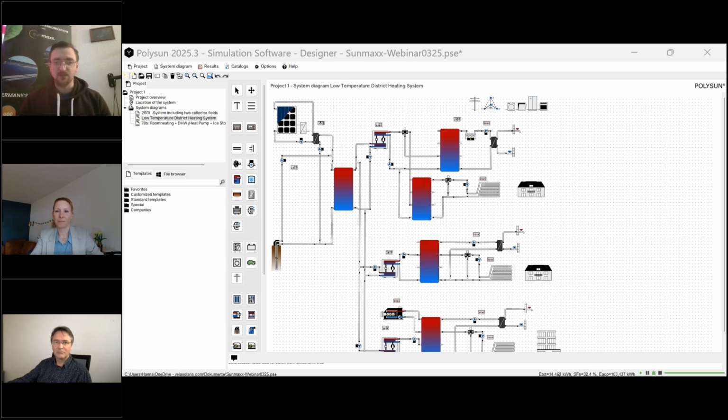So that means we do not have the problem of high pressure inside of our modules, even in stagnation. And also the glycol that we are using in our fluid, because most of the fluids have problems with high temperatures, even these topics we do not have in the PVT area. Thank you very much.